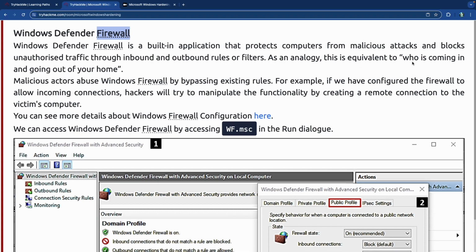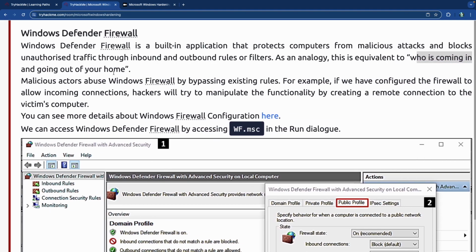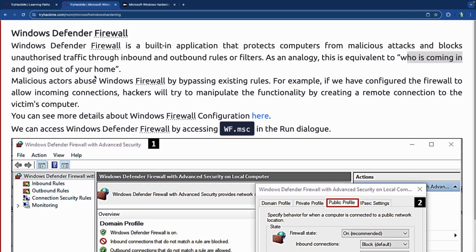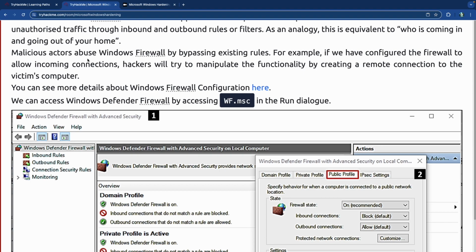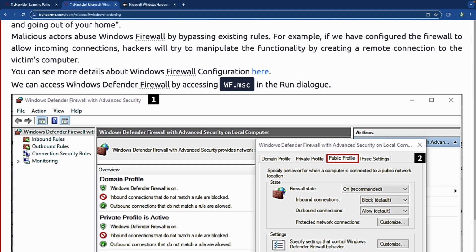As an analogy, it's equivalent to who's coming in and going out of your house. That's basically what the Windows Defender Firewall rules, inbound and outbound rules, mean. So hackers will abuse firewalls by bypassing existing rules. If you've configured the firewall to allow incoming connections, they'll try to manipulate it into creating a remote connection to the victim computer through whatever port you've allowed to attack or have come in. You know what I mean? Whoever can access that